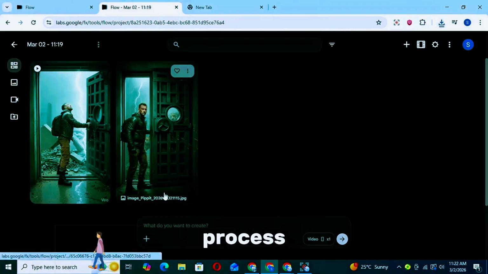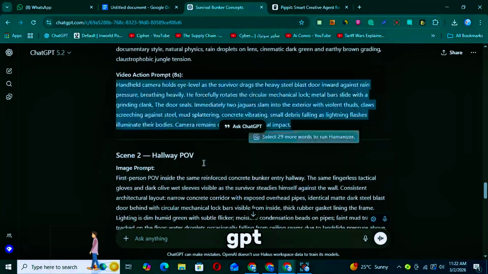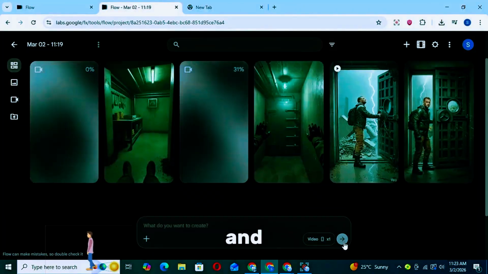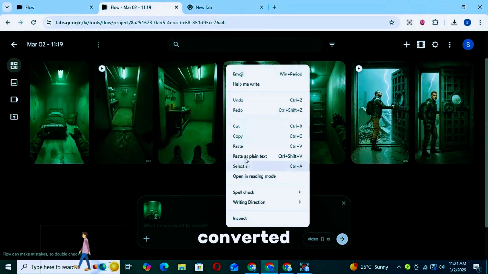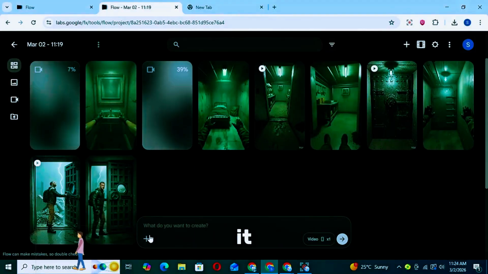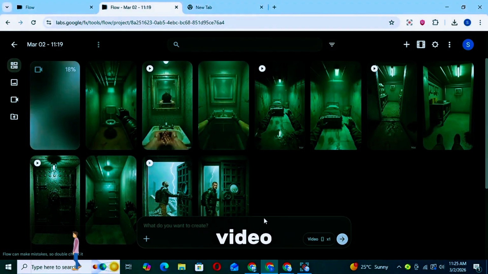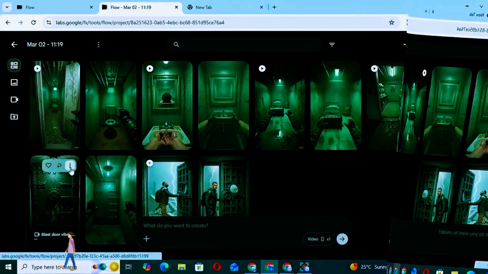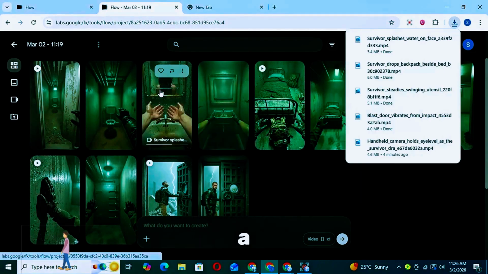Next, repeat the same process for every remaining image. Upload the second image, go back to ChatGPT, copy the corresponding video prompt for that specific scene, paste it into Flow AI, and generate the video. Continue the step-by-step workflow until all your images have been converted into video clips. If any scene doesn't look right, you can simply regenerate it until you're satisfied with the result. After all your clips are ready, download each video one by one and save them to your device. Once that's done, you'll have all your individual scenes prepared and ready for the final assembly into a complete viral